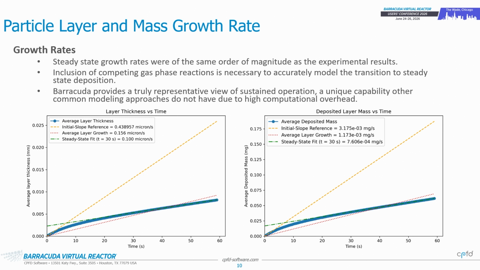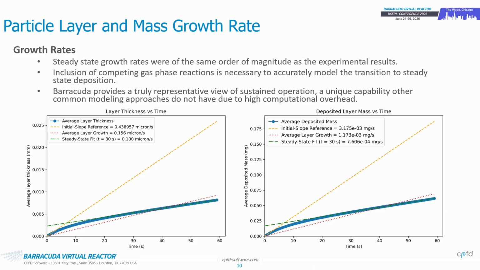And I think one thing we learned from doing this was that it might be better to include a full set of reactions instead of just one pyrolysis step, as otherwise you might end up with this over-predicted layer addition right here, because you don't account for the hydrogen inhibition of the deposition. But again, you get past that transience after about 30 seconds, and that's also important because a lot of other